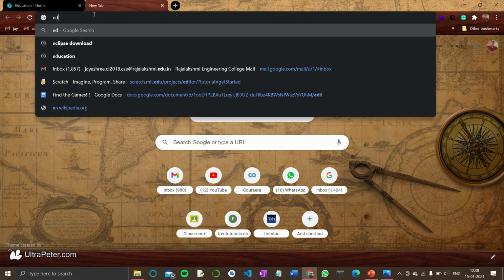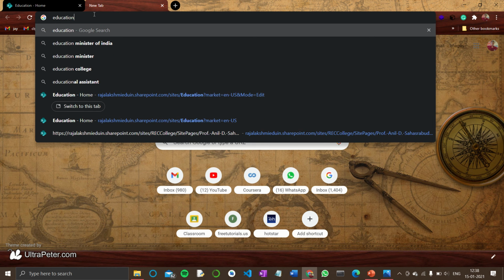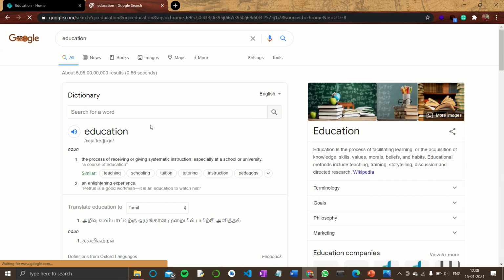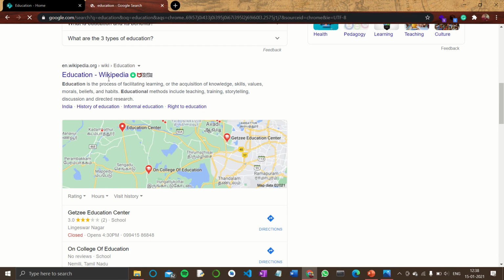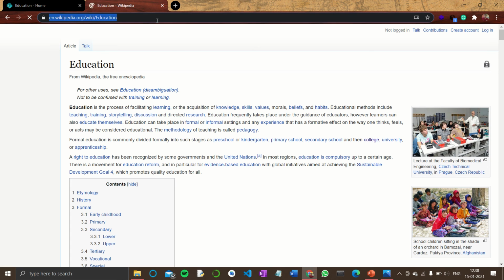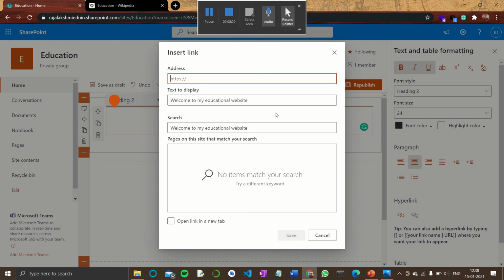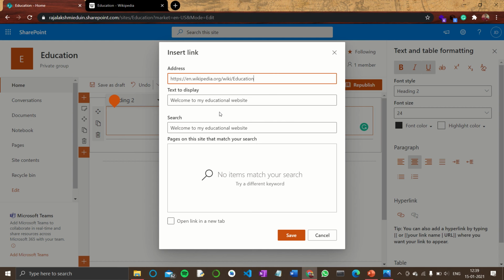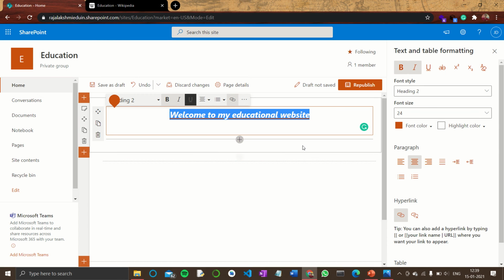For providing a hyperlink, first let me go to some website. Let me choose a random website related to education. I will go to Wikipedia. Copy, paste the address. If you need any text to display, you can write it there. And open link in new tab. Save. So now this particular text, welcome to my educational website, is a hyperlink.